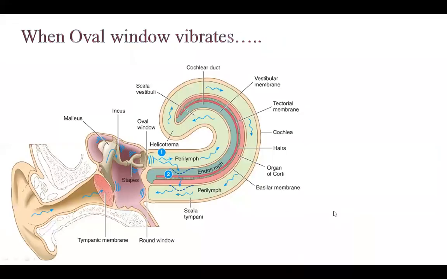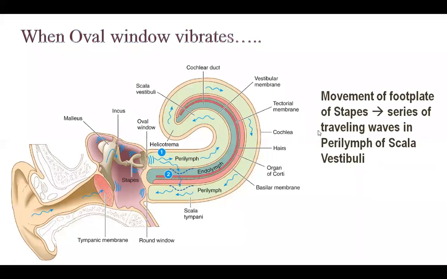So let us see what happens when the oval window vibrates. Last time we saw that when the oval window is set into vibration, the sound will flow across the perilymph, and then at the helicotrema, it will reach via the scala tympani and hit near the round window. So round window does the job of absorbing that pressure. Whenever the oval window is struck, the round window is in the other phase. If this is in compression, this is in rarefaction. Both the windows are never in the same phase.